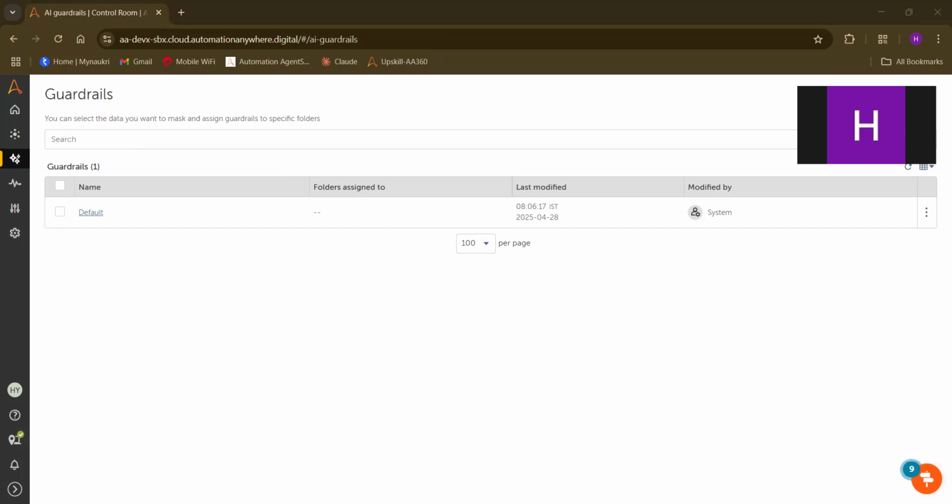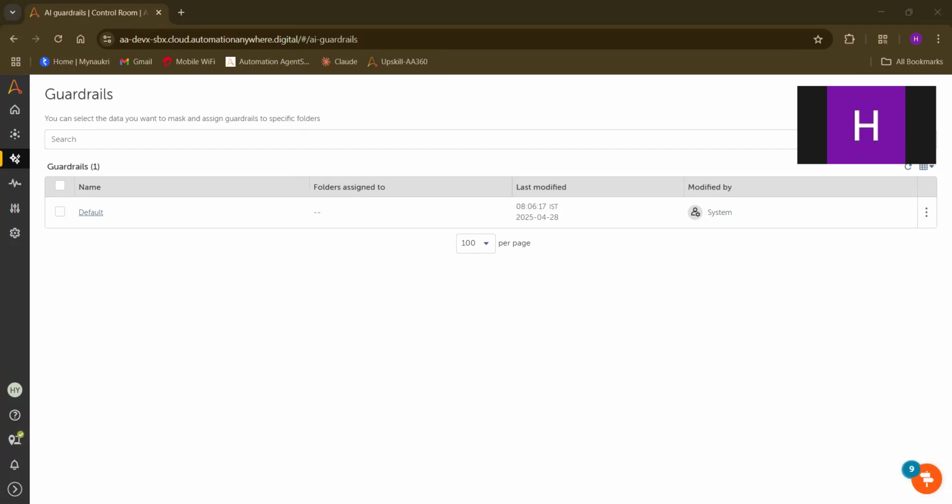Data masking automatically hides sensitive information like PIIs, PCIs, and PHIs before sending prompts to the AI models. Also, your users can create custom models for what are the PIIs or any sensitive data that we need to hide. Next, role-based access. This is also similar to model connections. We can give role-based access.